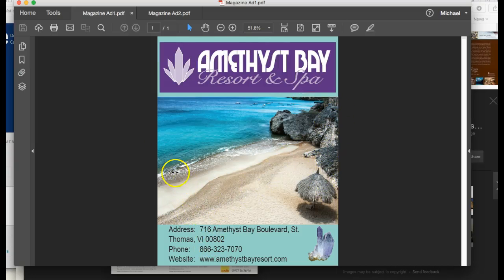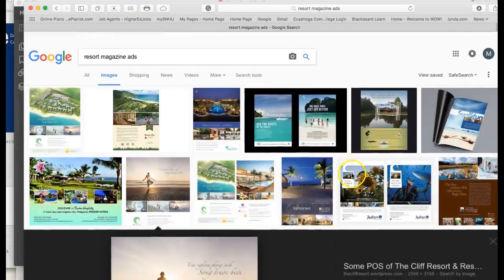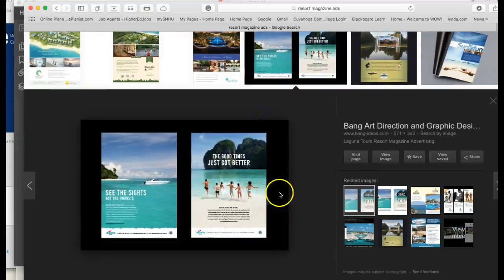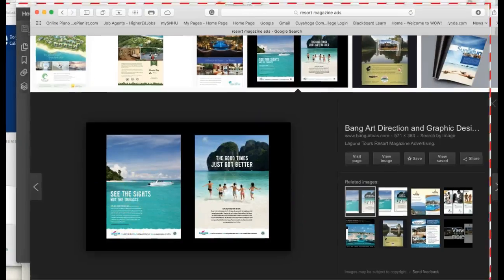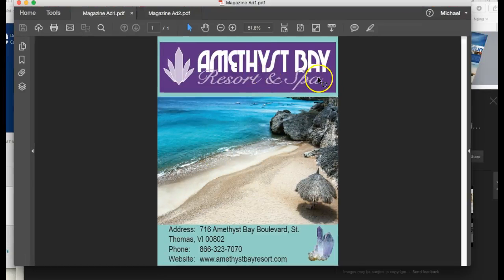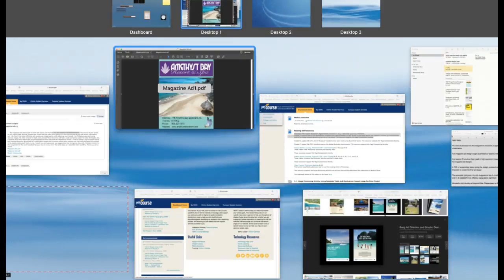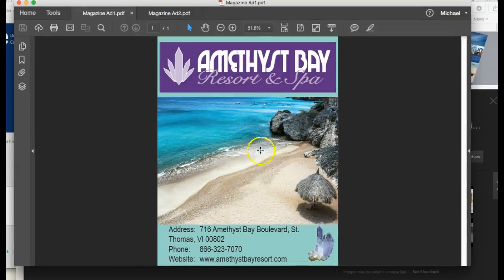And then address your type. Go ahead and set your type right on the image. We see it all over the place. Type is set right on the image. Okay, try it. And then, of course, I think that your logo is really large. What I would do is this. I would say,